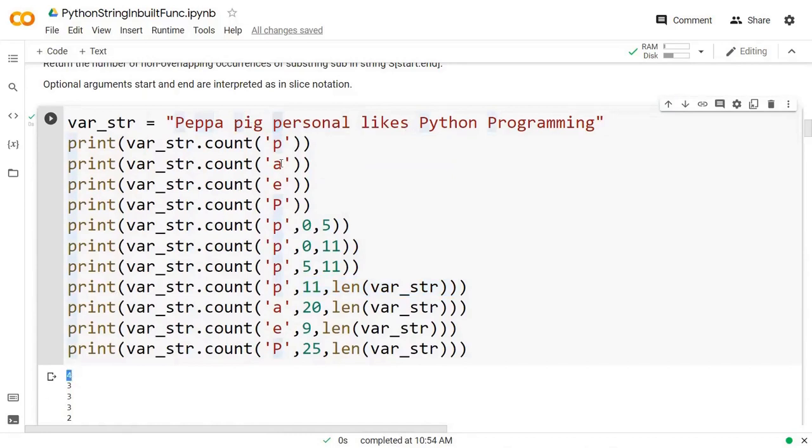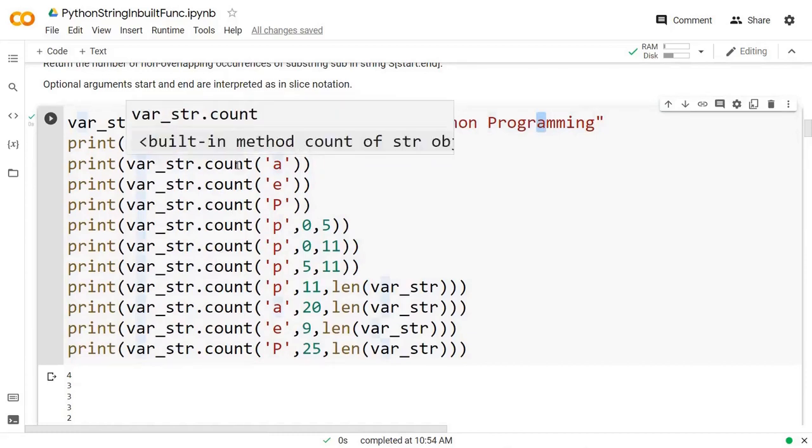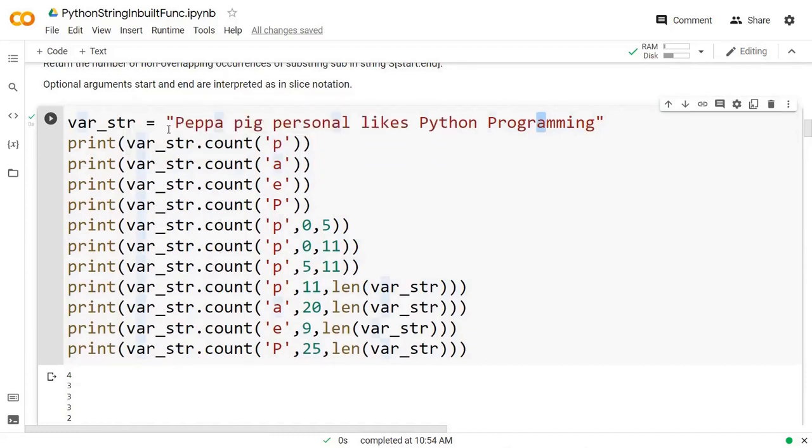When you are looking into alphabet A in small case, so 1, 2, then 3, so total 3 times my A is appearing. In the same way, alphabet E is appearing on 1, 2, 3, total 3 places. So in like that, it is showing me the number of appearances with the help of count function.